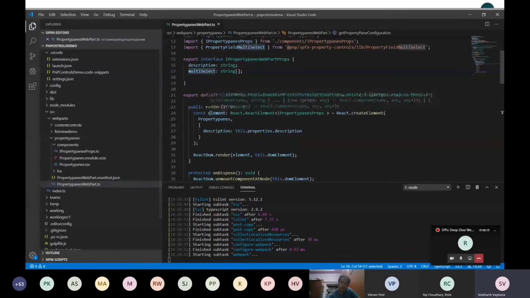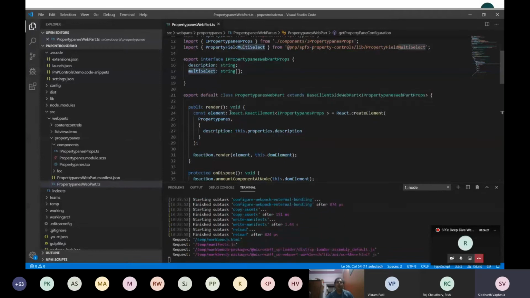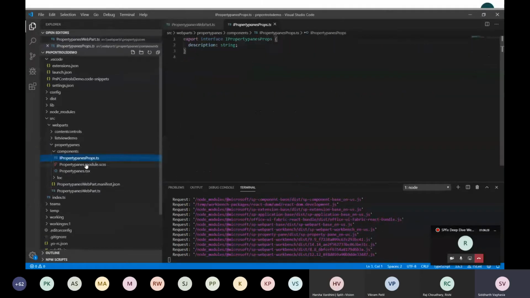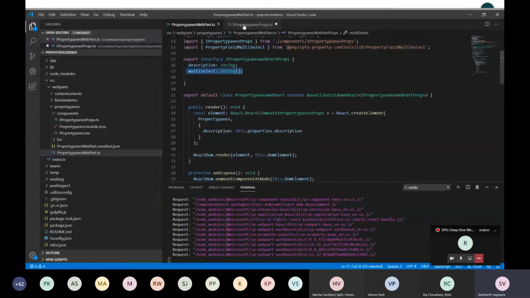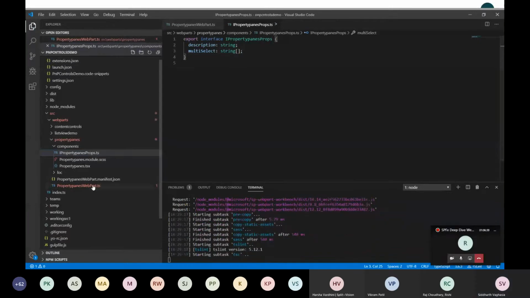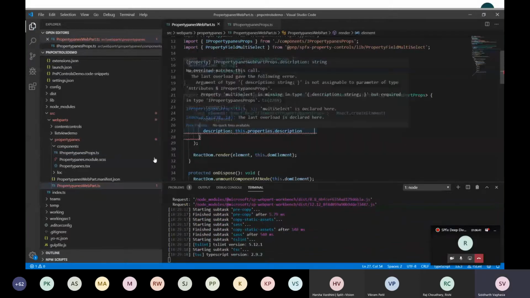Next we will pass these values to our React component and display them on the page. For that, I'll go to my property pane control and create a similar property here, multi-select, and pass that property from my webpart.ts file.